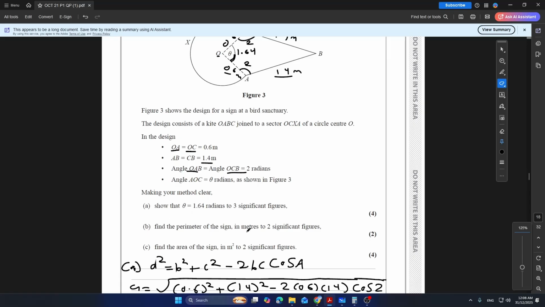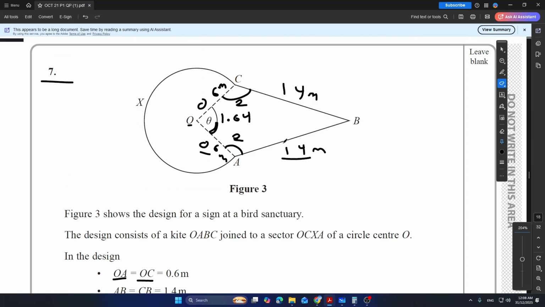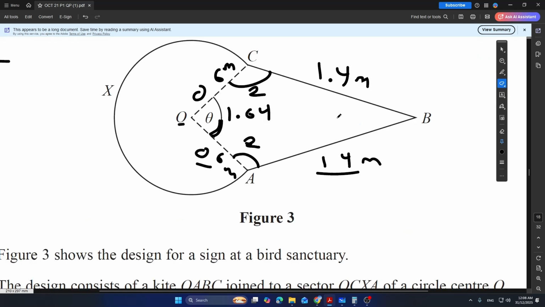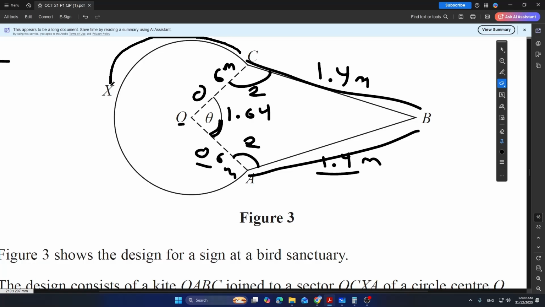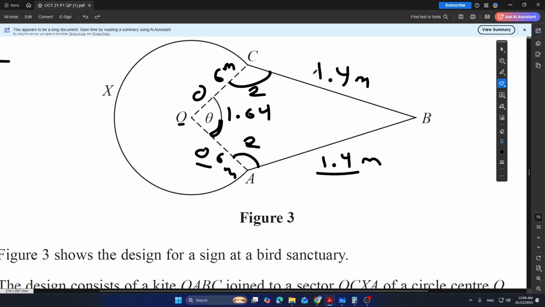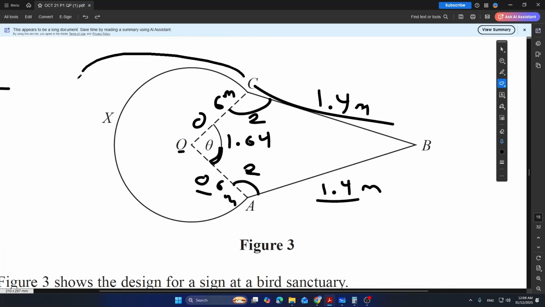Okay, so find the perimeter of the sine. Perimeter is basically everything that is on the outside, all the lengths from the outside, we add them. Outside meaning this part, and this part. The good thing is we already have this part and this part, but we do not have this part. So to find this outside part,